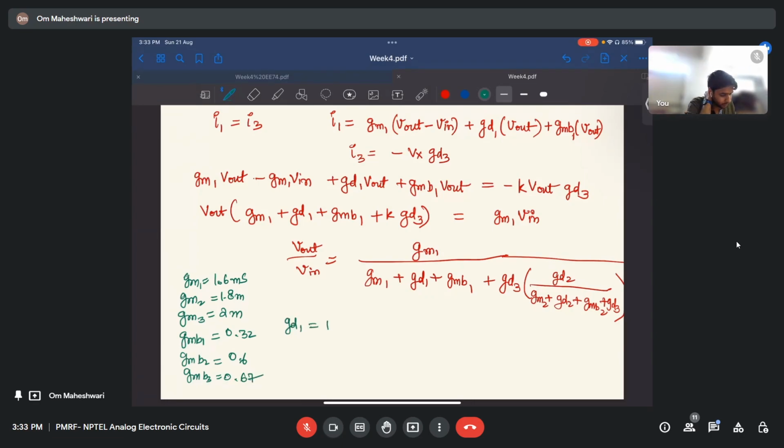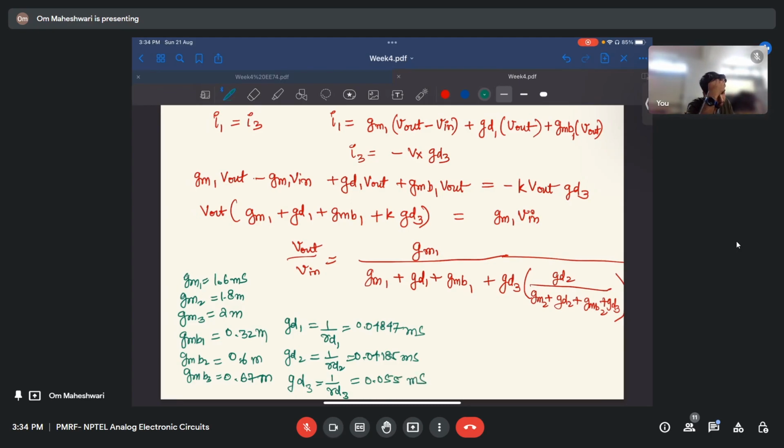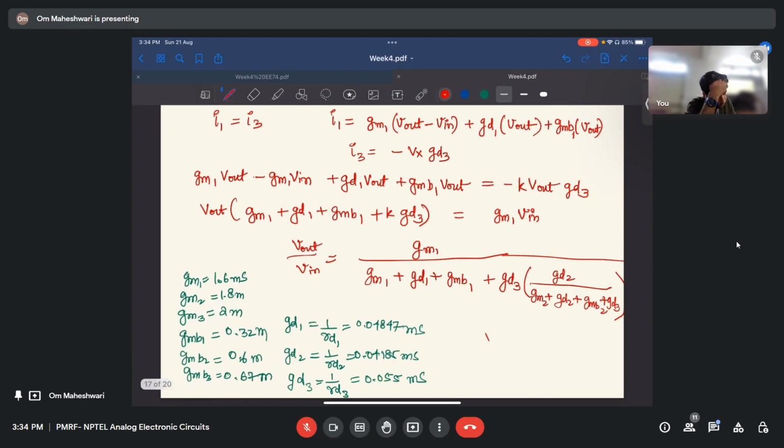GD1 is given as 1 by RD1, it will be 0.04847. GD2 is 1 by RD2, 0.4185. I'm writing it in millisiemens. Everything is milli, so we can just substitute directly. 0.055 millisiemens. Okay, so now if I put all these values, I will get the answer V out by V in